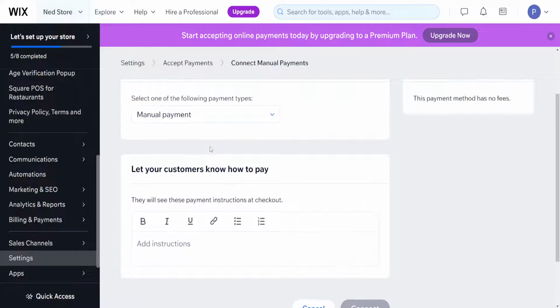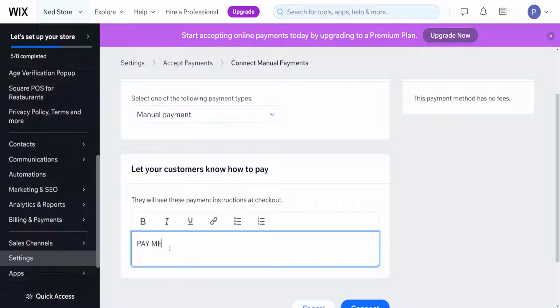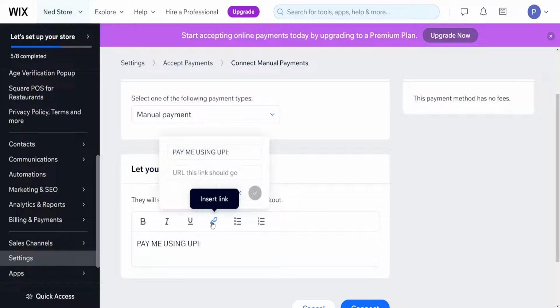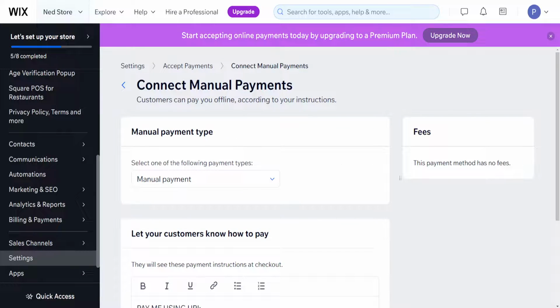So this is going to look something like this, and you have to type out the instructions about how people can pay you using UPI. So here you can type out pay me using UPI, and you will add a colon, and here we can just highlight the entire text, and we can insert the link for our UPI, or we can insert our UPI payment link right here. And after we have typed it out, we will simply click on save, and then we will click on connect, and then people can pay us